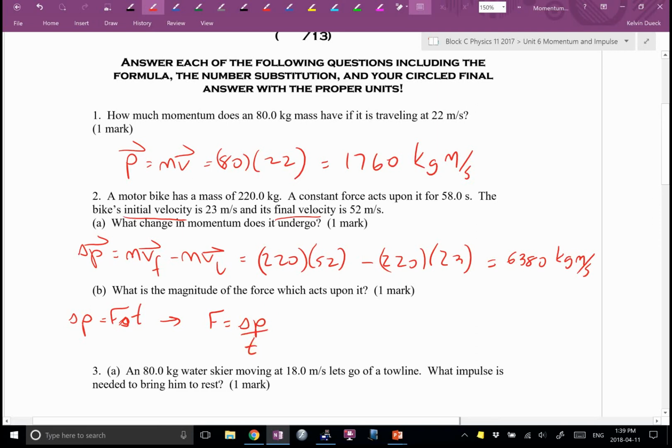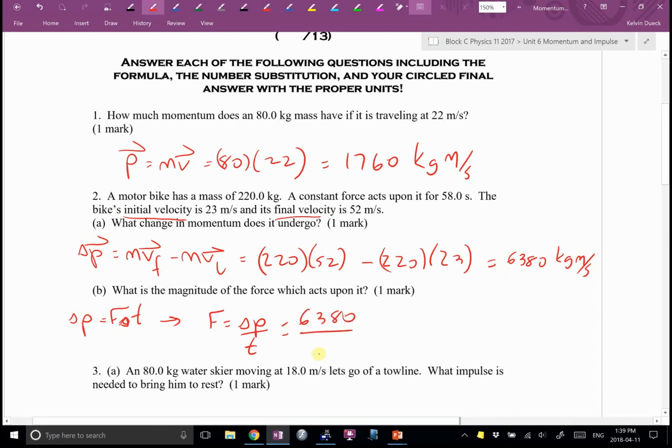Now, F equals what? MA. Do you know M? Yeah? 220. David, do we know A? You could find A by going VF equals VI plus AT, A equals VF minus VI over T, and you could go F equals MA, and I will give you full marks. My point for the impulse equation has been, it's a nice shortcut because it combines a lot of stuff, especially if I know the impulse, because it's going to be